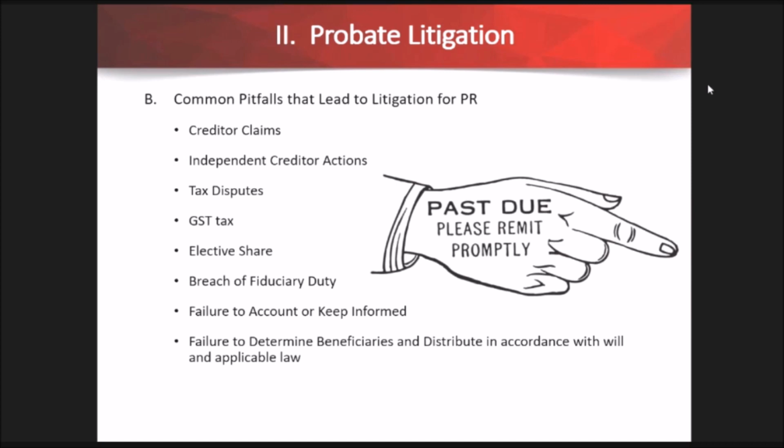And finally, I also recommend good communication. In my experience, beneficiaries or creditors, for that matter, are more likely to be suspicious and be upset to the point of wanting to litigate when something hits them out of the blue. Keeping them informed through the administration process, advising them that the tax bill was higher than expected, we've had a lot of accounting bills, we've had some creditors come forward that we didn't recognize. Keeping them informed of those kinds of things makes it a little bit easier